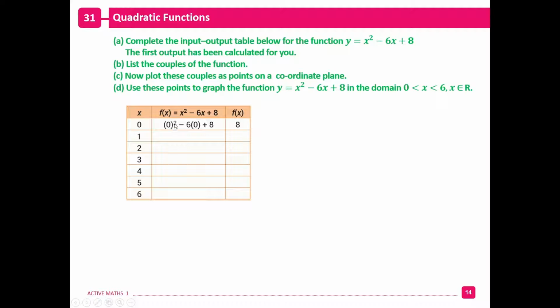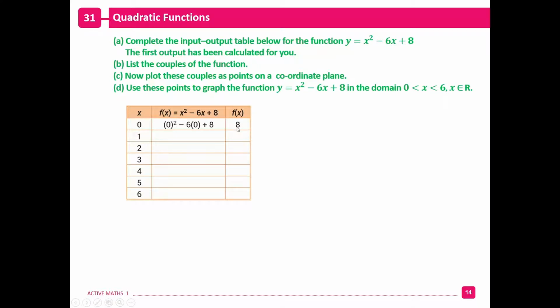So 0 times itself, 0 squared. 0 times 0 gives the answer 0. Then we have minus 6 times 0. Well, again, anything times 0 still makes 0. So we've got 0, take away 0, we're still on 0,